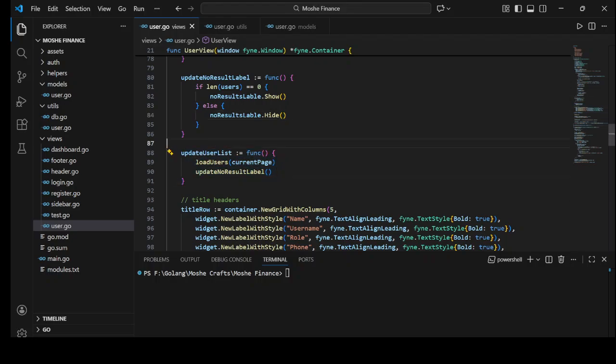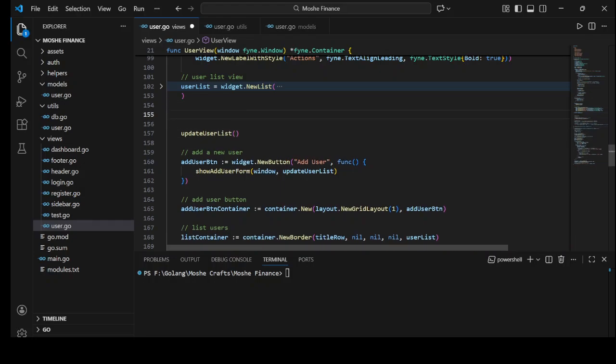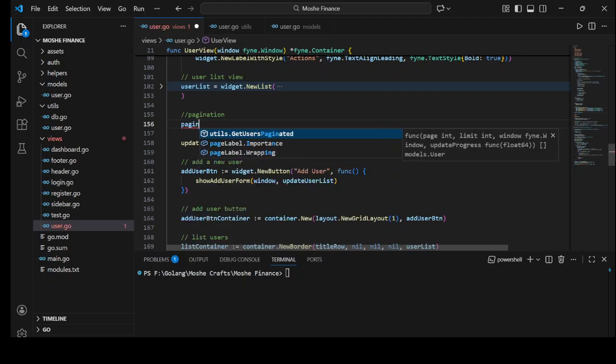Okay, so basically the users are currently updated. Now what we have to do here, we have to come down here to user, of course, and add our paginator and our search. So below the user list here, I'm going to define my pagination, because it's going to be a horizontal box. The previous button, the next button, it should be horizontal. I'm just going to say pagination